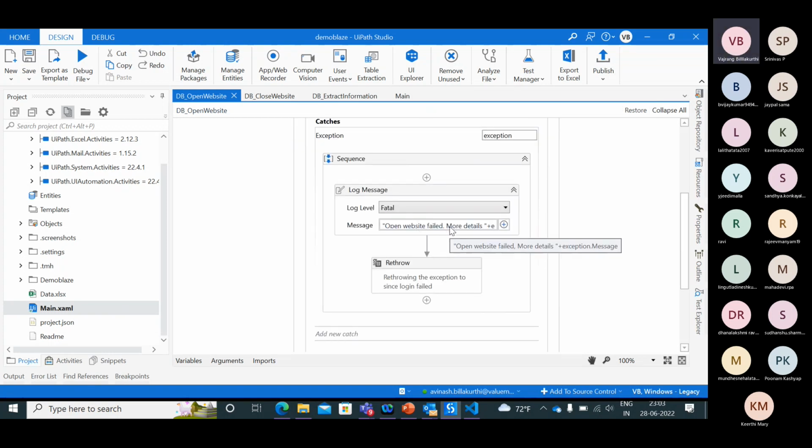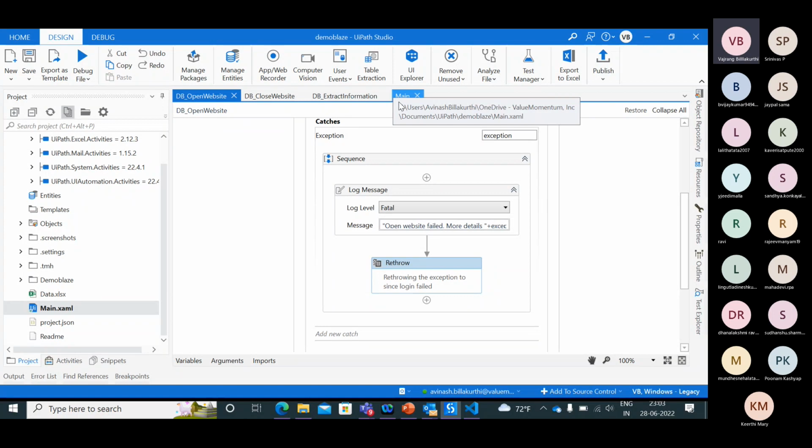Open website failed, and more details are here. Why do we use rethrow? Because it should not go to the next step, as it cannot continue if the application is not opened or if there is any error. So we need to rethrow it so that it is thrown as an exception. That is the reason I am using rethrow.